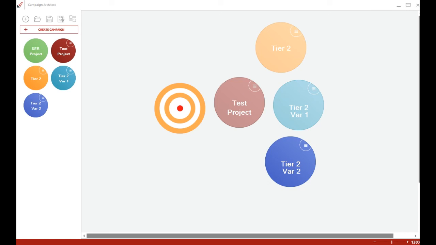So you can create some very complex setups here, and it will pull the content from Kontent Machine. It will follow the rules you set, it will set those rules in GSA Search Engine Ranker, and you can save and transfer these around. You can use the same template over and over again. It's a really powerful